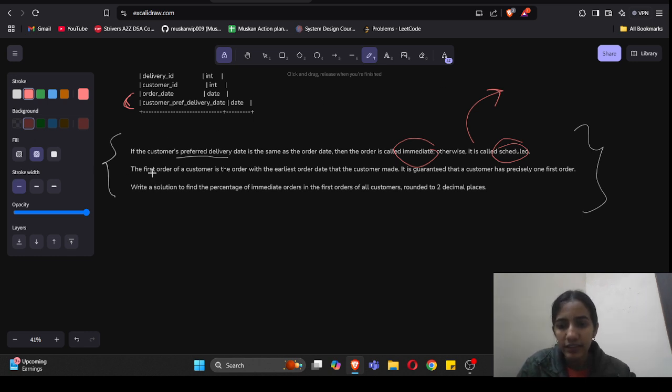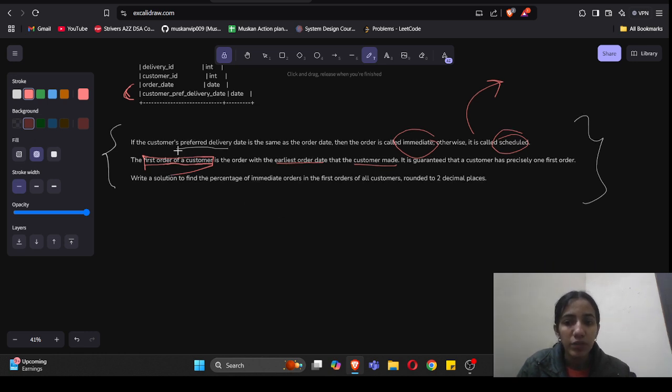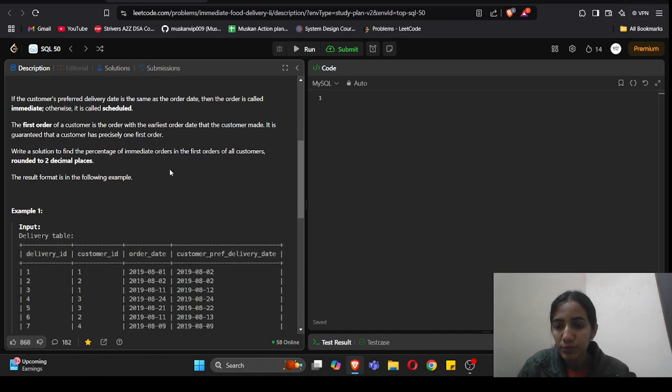Next, move to the next line. The first order of a customer is the order with the earliest order date that the customer made. So they have given us the meaning of the first order of a customer. That means the earliest order date. So for example, if we consider this particular example,